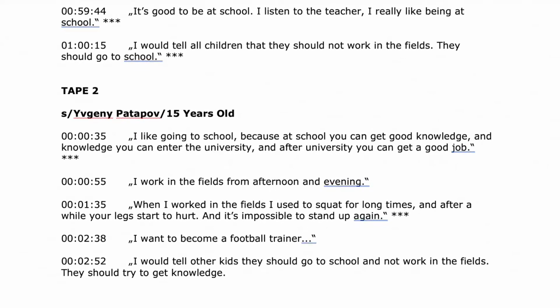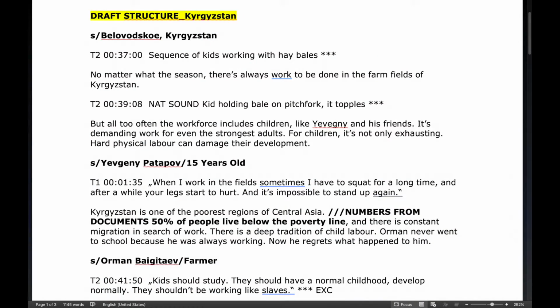Now, a great tip when you're writing something that's a bit longer than 2 or 3 minutes, something 5, 10, 15 minutes long, 20 minutes long, 30 minutes, an hour long, is to create a draft structure. That really helps you get a handle on your raw material, understand what elements you want, and most importantly, how you're going to start, how you're going to end, and what some of the key transitions will look like. So I always try to build a draft structure. Here's how I do it.